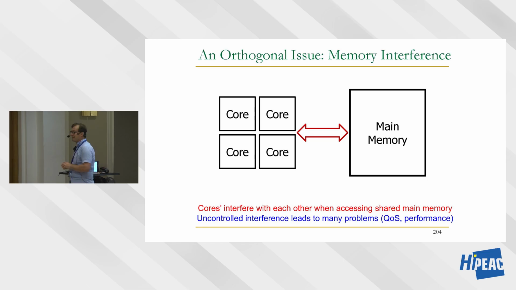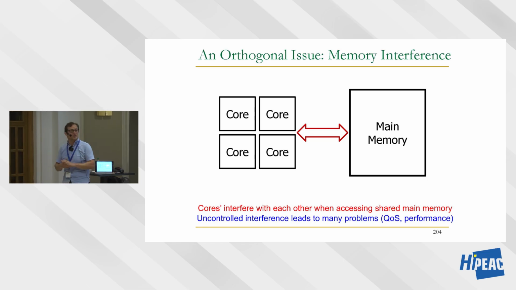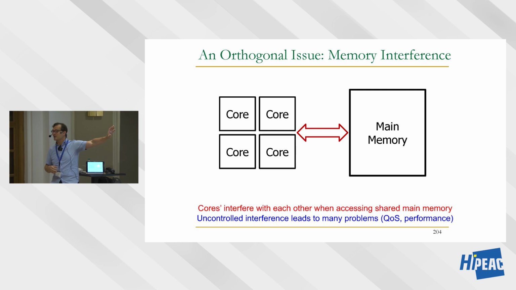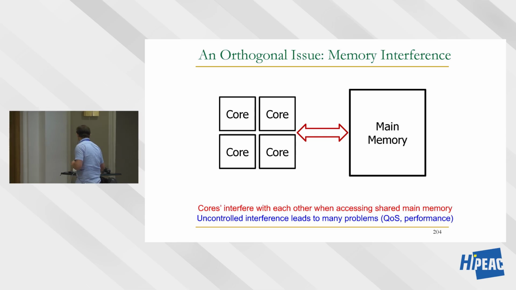So this is the slide that I left you with. We were talking about a lot of challenges, opportunities. This is one challenge that we're not going to go into detail about. Today, we have a lot of computation units, cores, accelerators, whatever you want to call them. And they're all connected to a single main memory or a collection of main memories. And these cores, when they access memory, they interfere with each other, which means that they cause each other delays. And this is the memory interference problem.